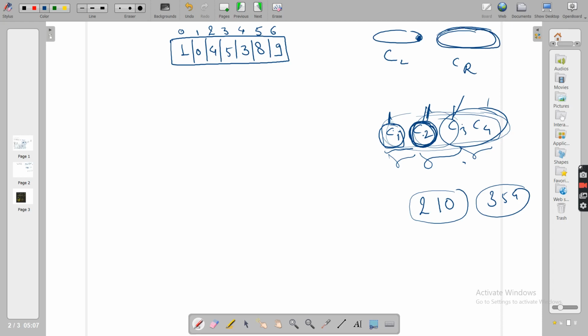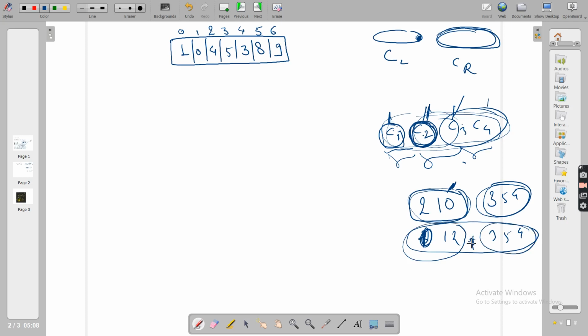Do let me know in comments that the way I explained the test case of the problem, or the observation, at least that is clear to you. So this is great. Let's take this example, the valid one, CL and CR, left and right chunk. Here the maximum value is 2. Is it lesser than or equal to all the values in this right chunk? Yes, it is. So when you sort it individually, which means 0, 1 and 2, then 3, 5 and 4, are they sorted? When you concatenate them, keeping this chunk separate and this chunk separate, are they sorted again when put together?